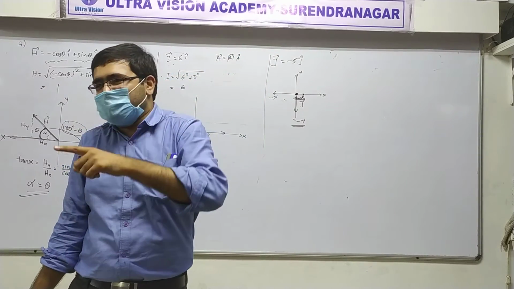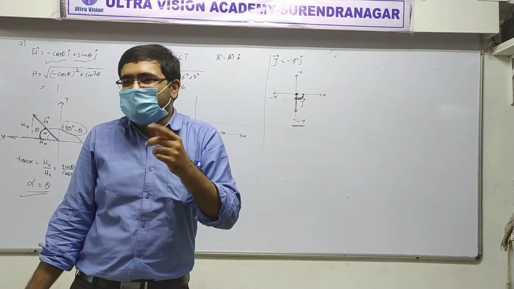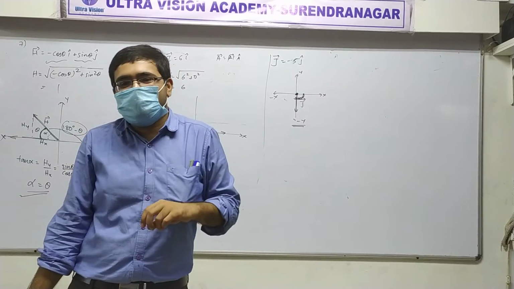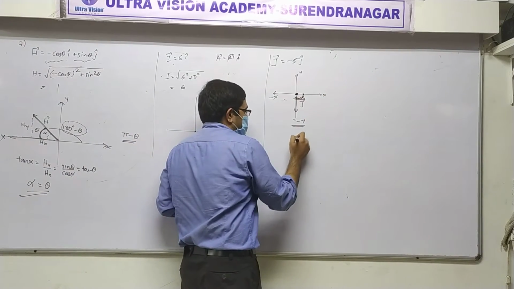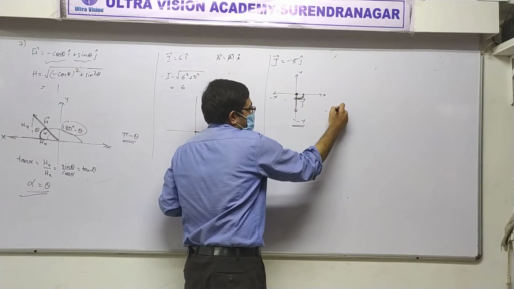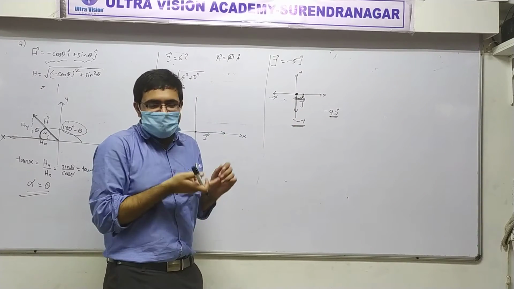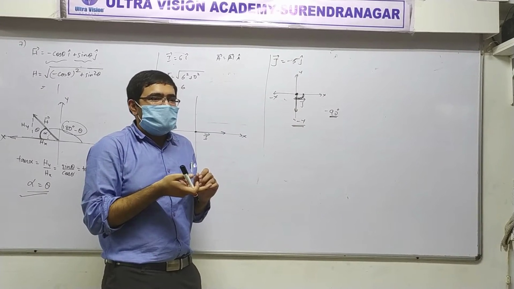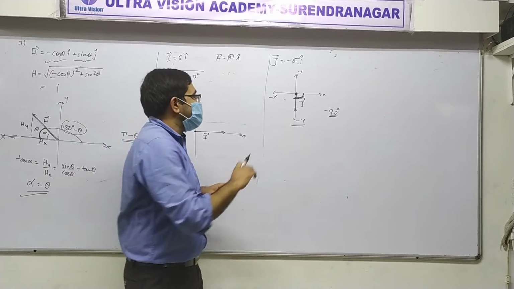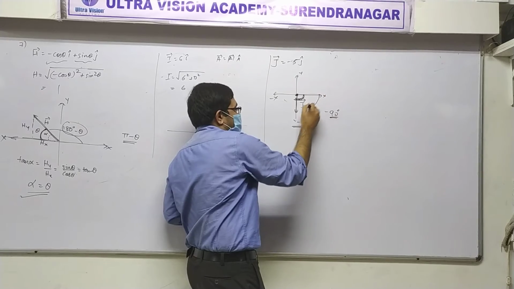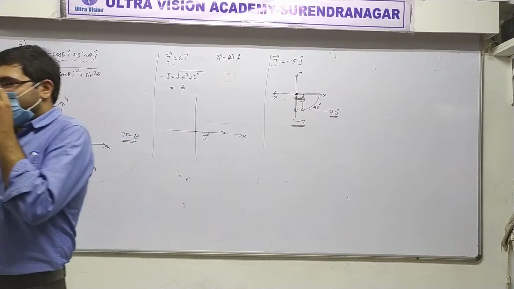And if you write it with positive x, how much? 90 with negative x. Actually with positive x we should write minus 90. Let me just correct myself. Why so? Is that okay? Yes. Sure? With positive x it's minus 90 because we are going clockwise. Right?